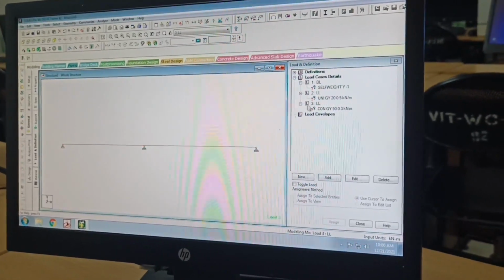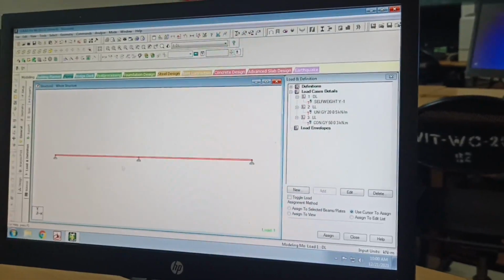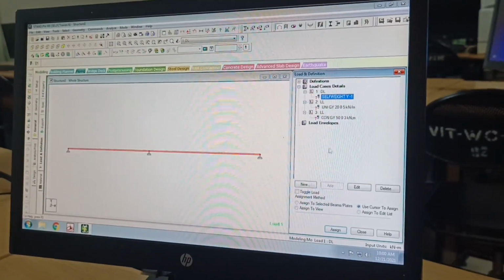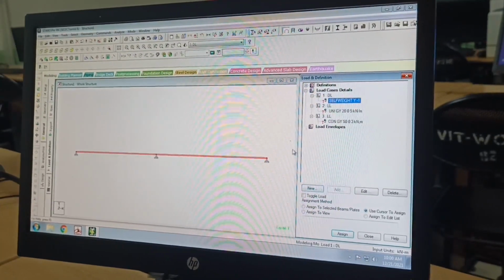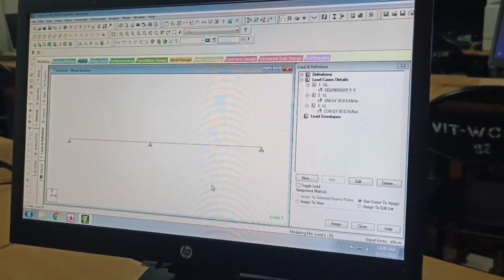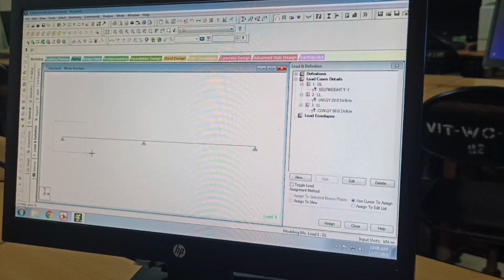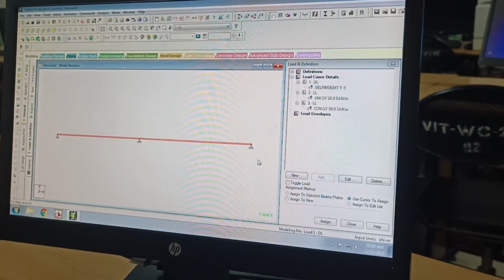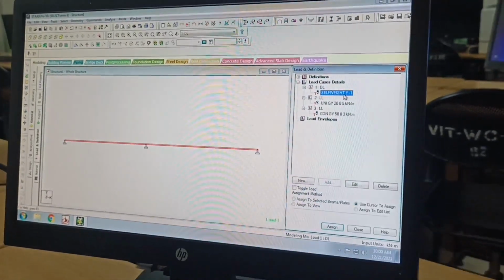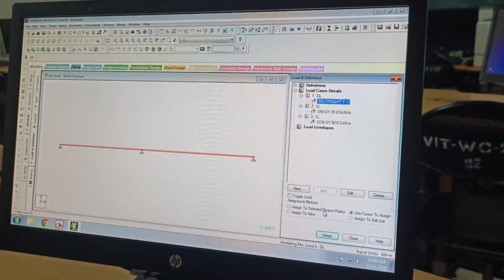So click on this self weight and select the structure. First you select the structure and the load we are going to assign, self weight. After selecting these two, the assign to selected beam is highlighting. Assign to selected beam is not highlighted, so first I am going to select the beam. Self weight is the same throughout the member, right? That's why I am going to select the whole structure, select self weight and click on assign to selected